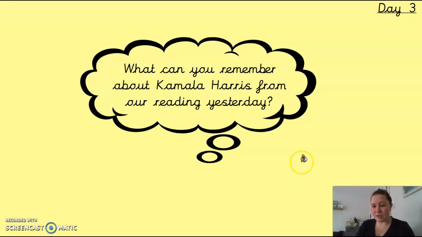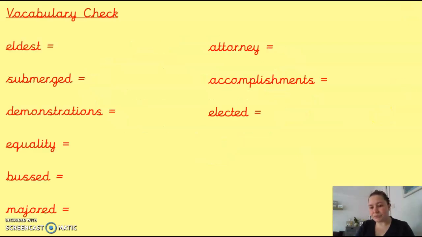Before you go on to your independent questions, I want to do a quick vocabulary check. So yesterday, if you followed the lesson, you will have made some notes. You might have annotated the text if you had it printed out, and that might help you to answer some of these vocabulary questions. There are 9 different words here that come from the text. Some of them we might have talked about yesterday, some of them we might not have, some of them you might know the word already, and some you might not. So we're going to do a check to make sure that you understand what these words mean. If you are confident, pause the video here and do your definitions.